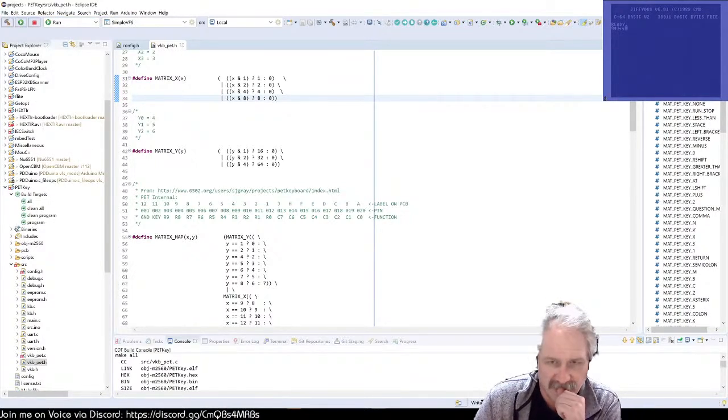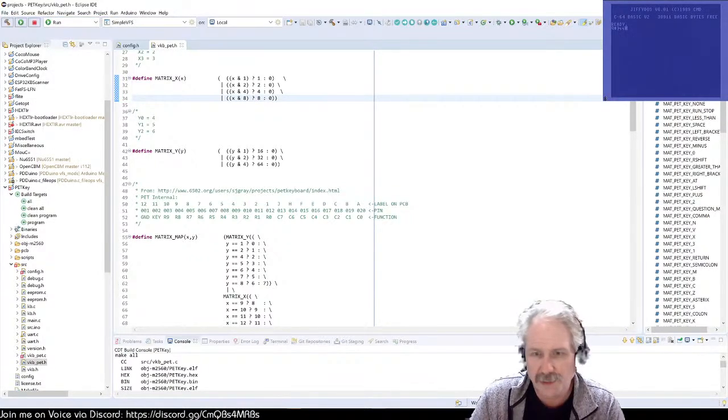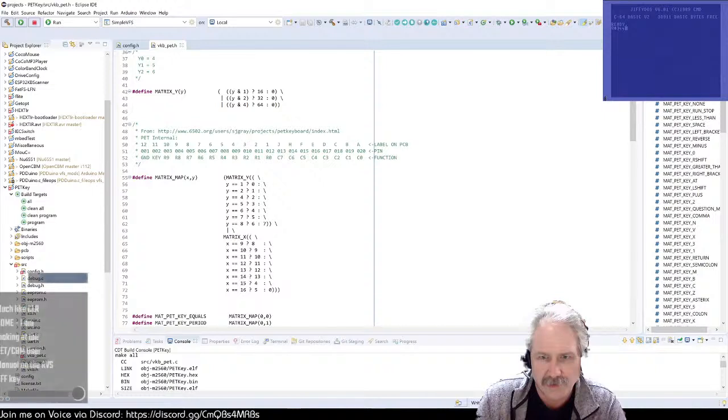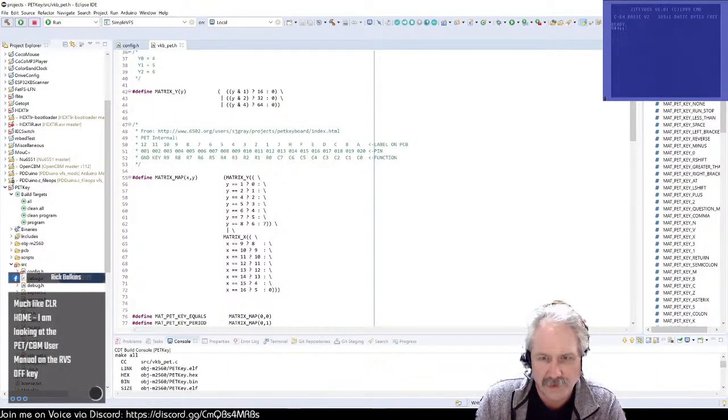Okay. Now 0, 0 means the column is... X is going to be